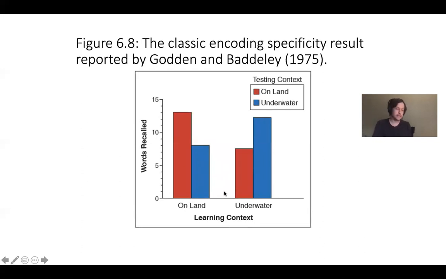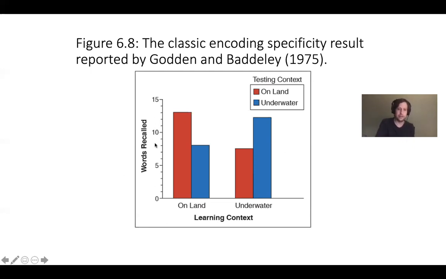So you're memorizing a list of words in one of these two contexts, one of these two situations. And then you later on are tested on the same things that you had learned earlier. So like a list of words or some type of information you have to learn about. You're then later on tested for that same information. And you either are tested in the same context in which that information was originally learned, or in a different context. So let's break things down.